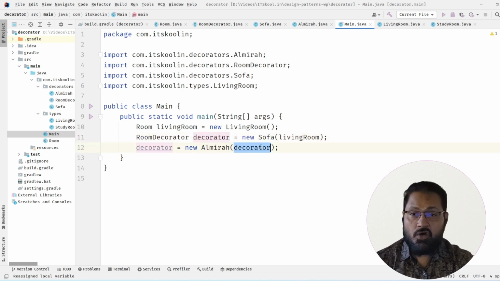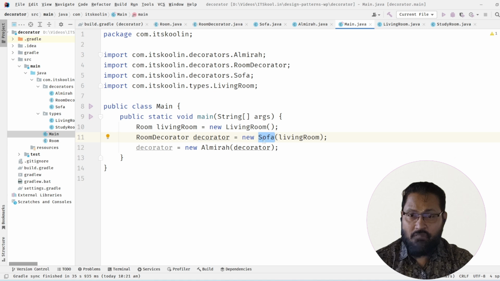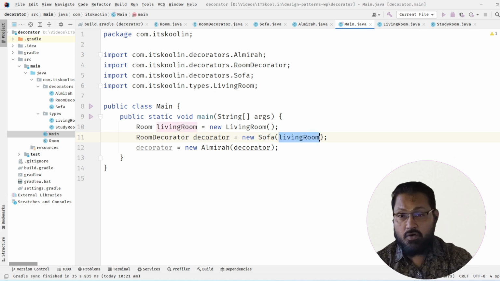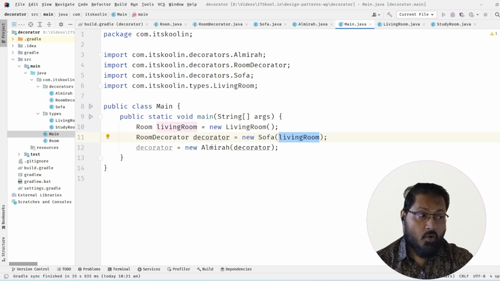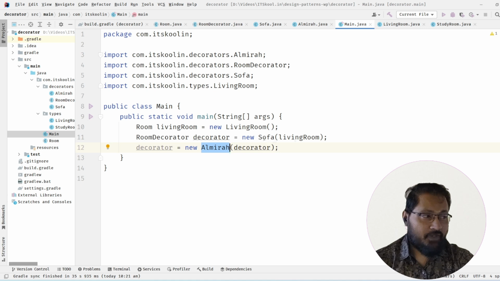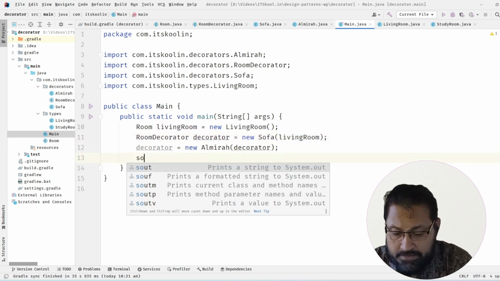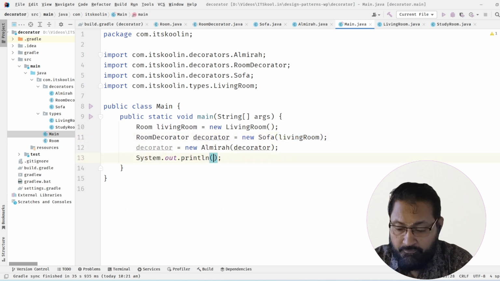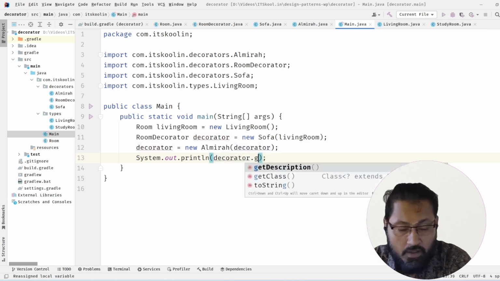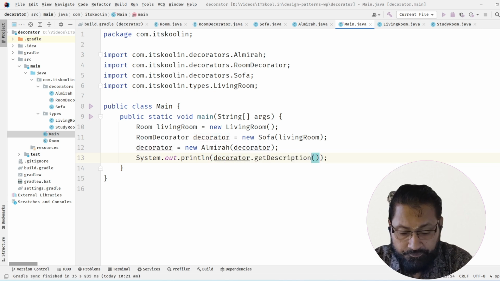passing in that particular decorator. That means what is this particular decorator instance pointing to? Pointing to a sofa which has already wrapped the living room. We are again adding one more decorator, almirah, to that particular decorator. So we are actually wrapping this almirah, which has already been decorated with sofa and which is decorating the living room. And now let us print it out, and then we are going to use decorator.getDescription,